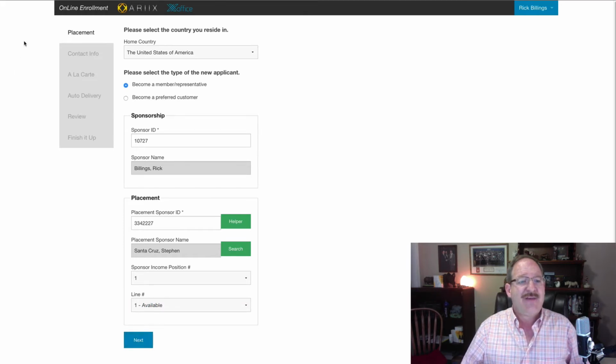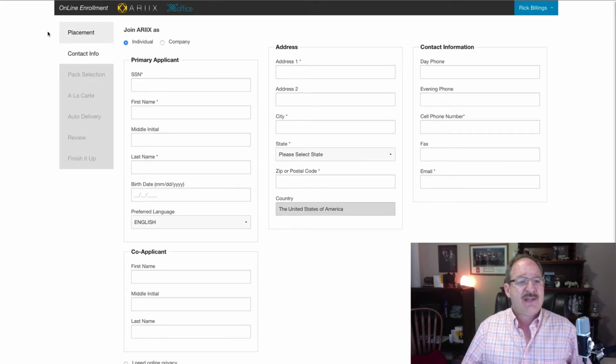And you'll see on the left-hand side over here, it says placement, contact information, select a pack. You can actually add a la carte items, which are additional items to the package. You set up an auto delivery so they can make sure they get the 15% discount, which is a total of 30%, and then you can review the order and finish up